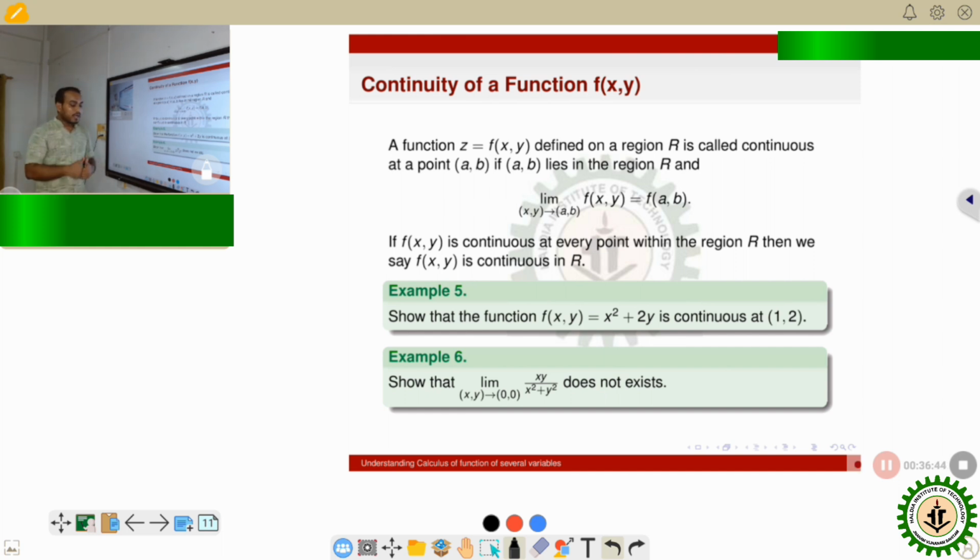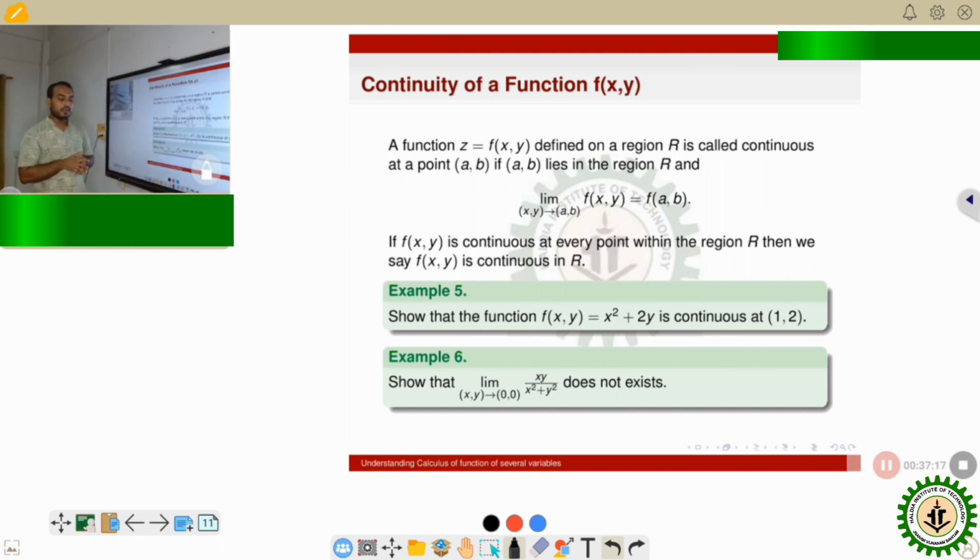So in the higher notion or extended notion, you can say that the function f of xy is continuous at every point within the region R. Then you can say that the function is continuous all over the domain R, where the domain is basically a region R, not the real number. It is a region R. So that's why continuity is a broader sense of limit, and that should be utilized in the calculus of functions of several variables to discuss the optimality of the functions of several variables